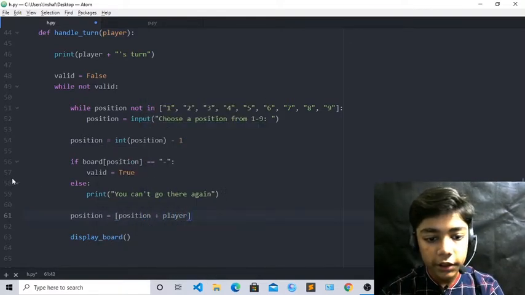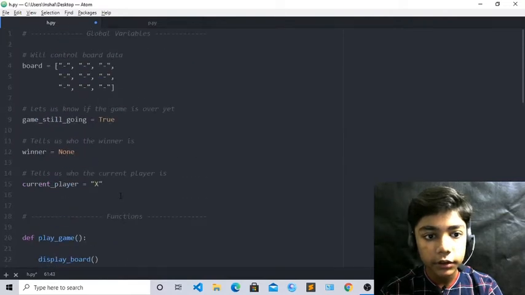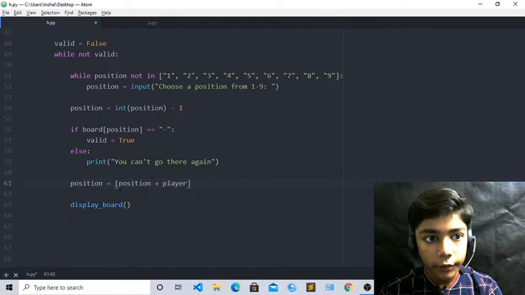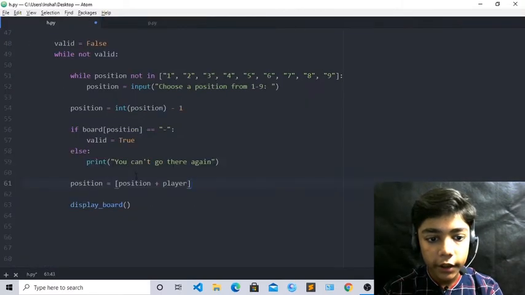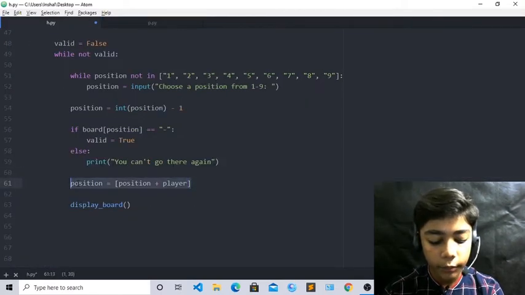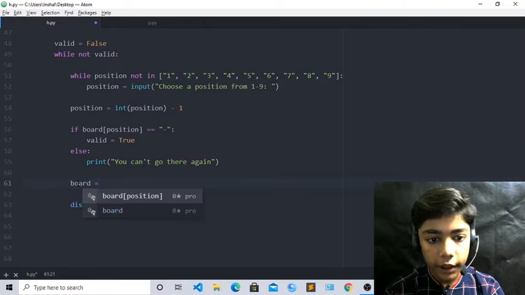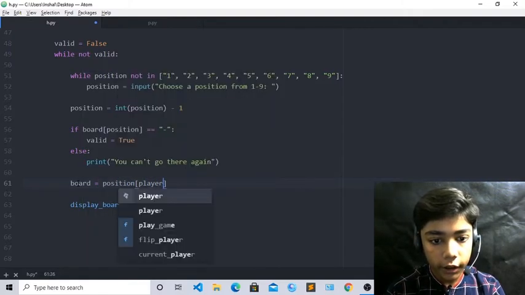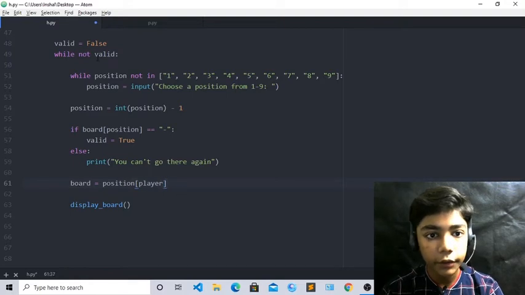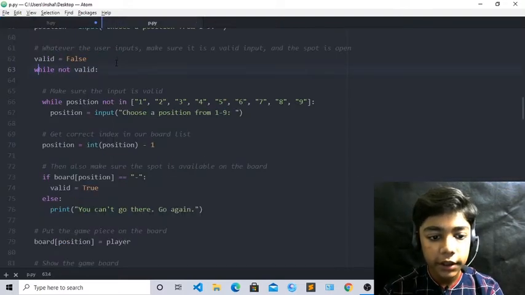Now we have defined all of these things here.